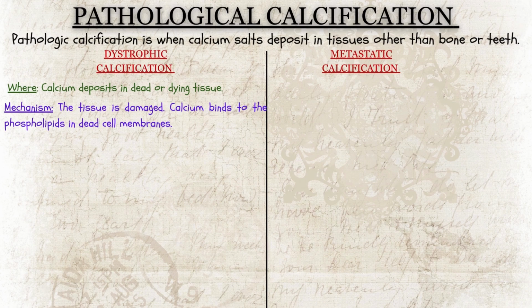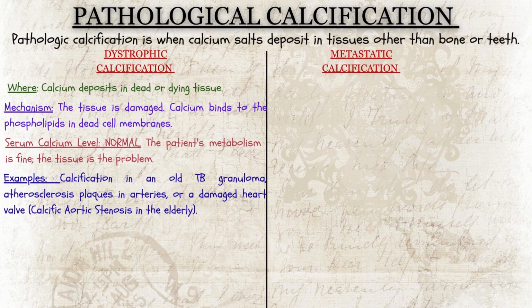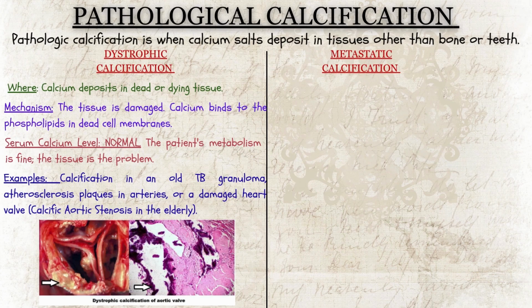Mechanism: the tissue is damaged. Calcium binds to the phospholipids in dead cell membranes. Serum calcium levels are normal. The patient's metabolism is fine. The tissue is the problem. Examples are calcification in an old TB granuloma, atherosclerosis plaques in arteries, or a damaged heart valve, calcific aortic stenosis